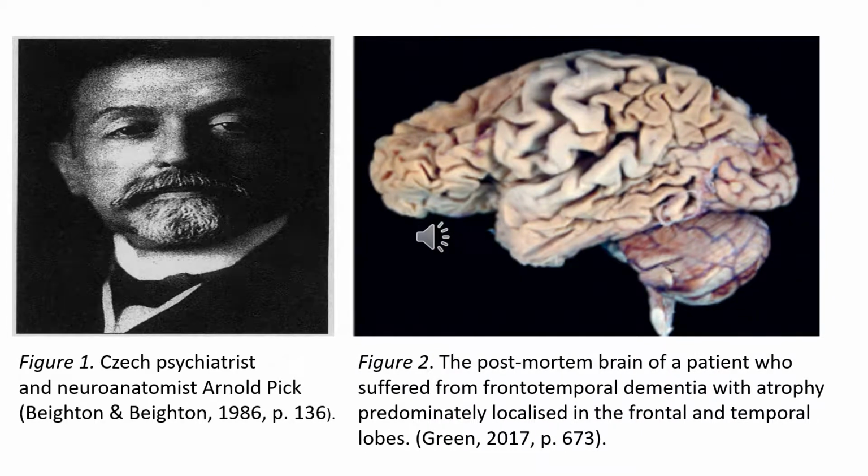The prototypical case studies of frontotemporal dementia, originally referred to as Pick's disease, derive collectively from the observations of Czech psychiatrist and neuroanatomist Arnold Pick, who in 1892 linked progressive aphasia with atrophy localized within the frontal and temporal lobes during post-mortem examinations,